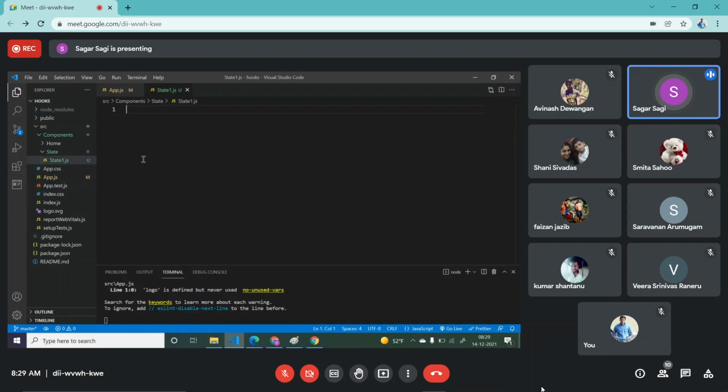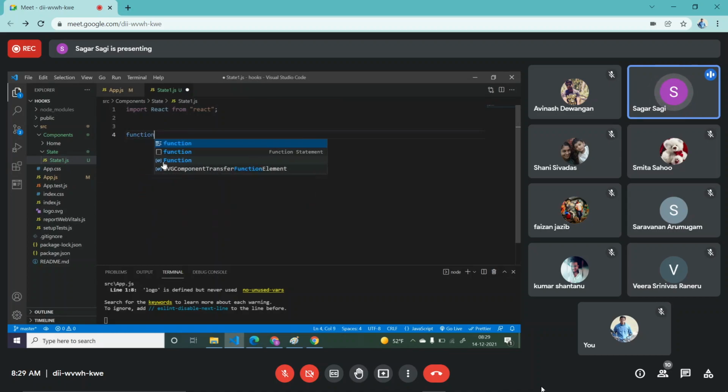Now I want to create my functional component. So first line should be import React from React. This is the first line always. It might be class component or it might be a function component. This should be your first line. Then you have to create a component. Now we have to create a component using functional way. So first create normal JavaScript function.